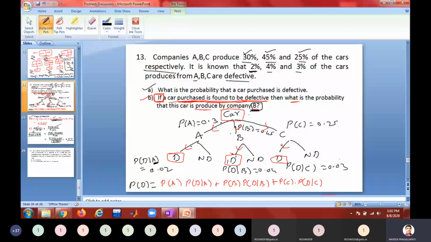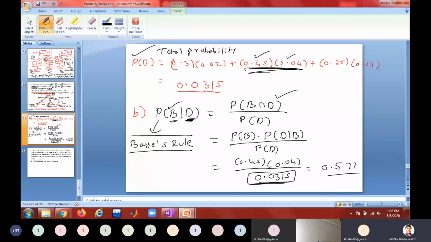Do you see the difference in the wording of the questions in these two? The first one is a total probability. The second one is a conditional probability. What kind of conditional probability? One involving the total probability. So you can do problems of this type very easily.